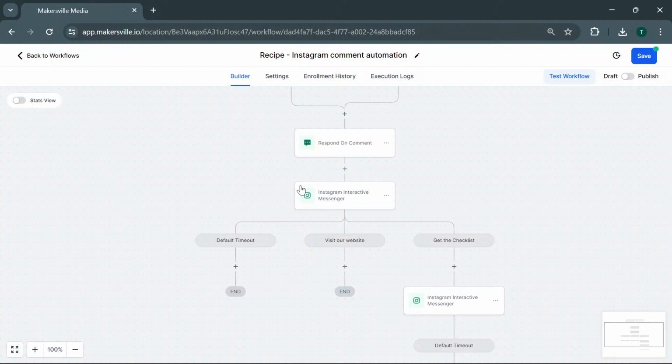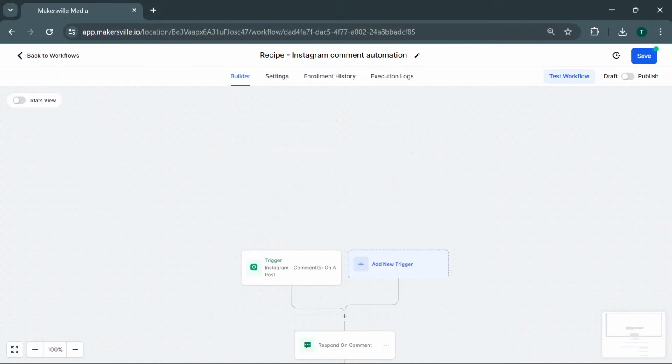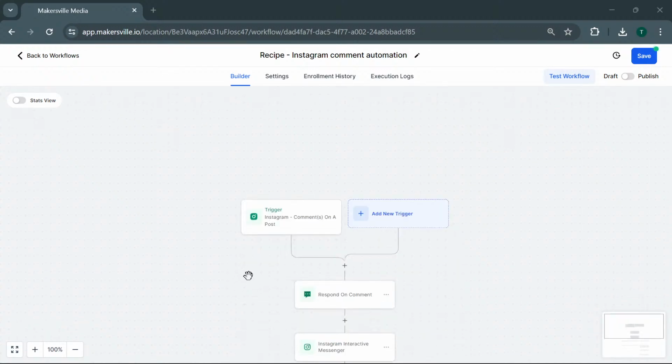You can send them to a landing page right here. You can send them out to another website right here. You can send them to a course. You can give them a PDF. You can give them a checklist, right? You can send them to your membership site. You got to be creative. But the main thing is that we can now do it. That's the main thing. We have workflows straight from social media now.